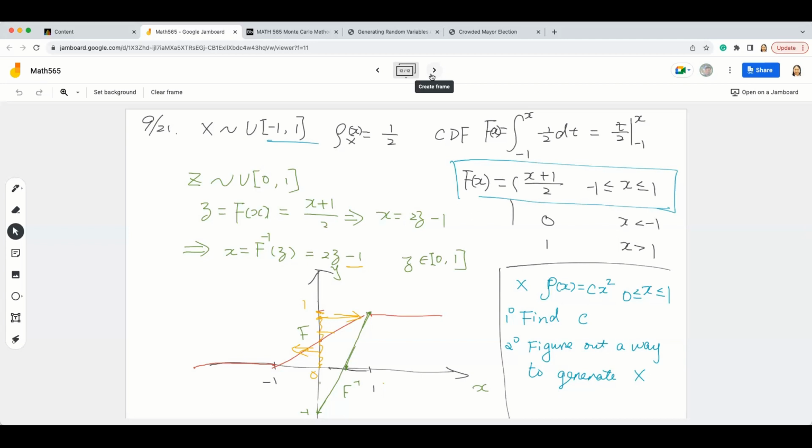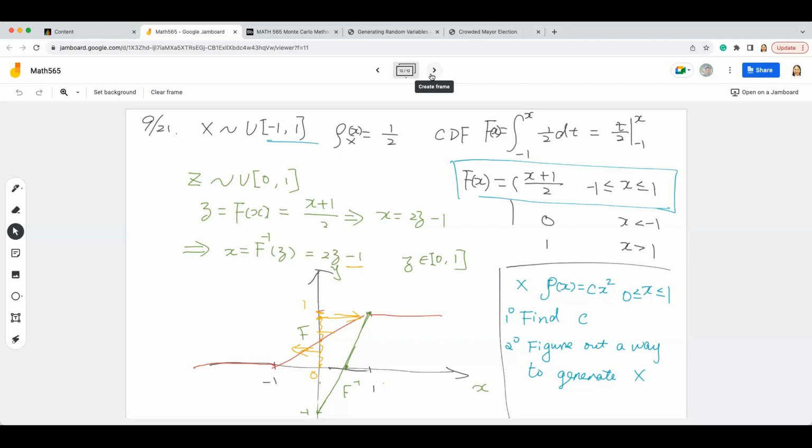The density is c times x squared, but c is a constant. Find this constant c. It should not be 1 if it's on 0 to 1, otherwise the probability is not 1 when you integrate from 0 to 1. I didn't remember the exact value, so I put the c here. You will see similar questions: say I don't know the exact constant, but put a constant there to verify this is a density function. A density function integrates on the domain to equal 1. That's the continuous random variable case.